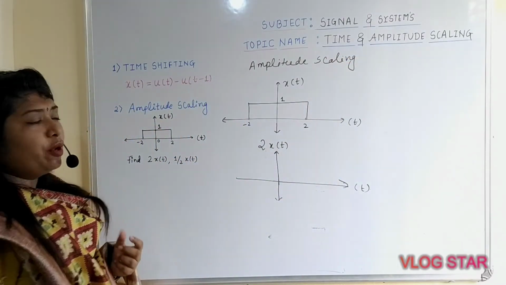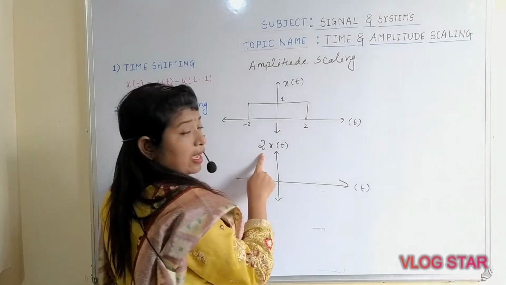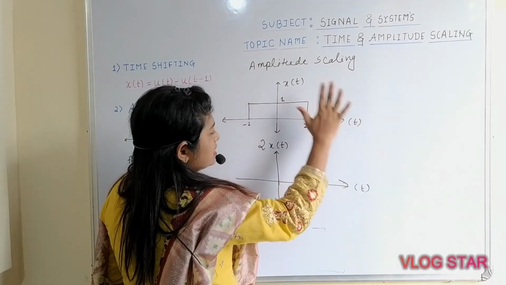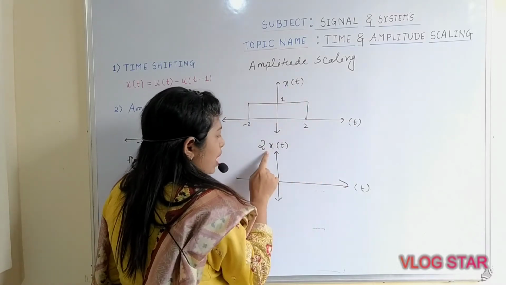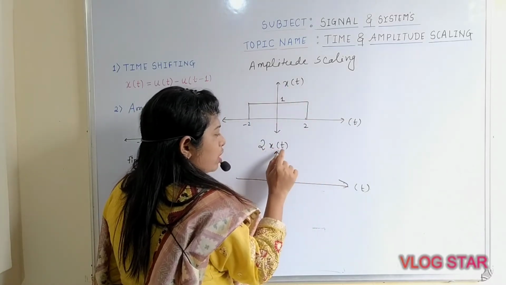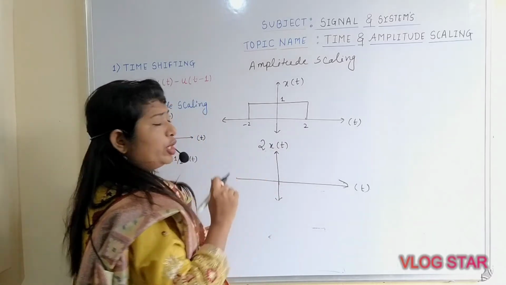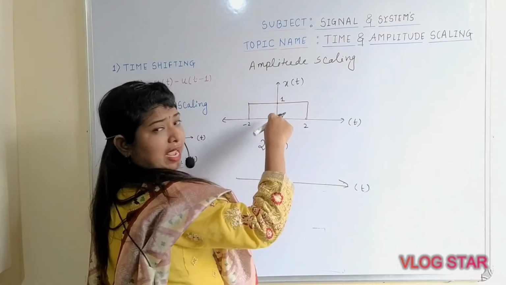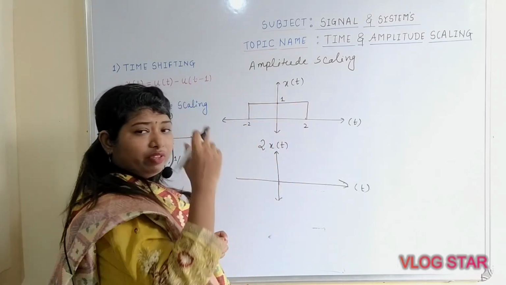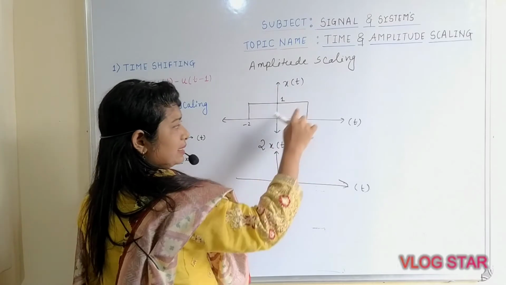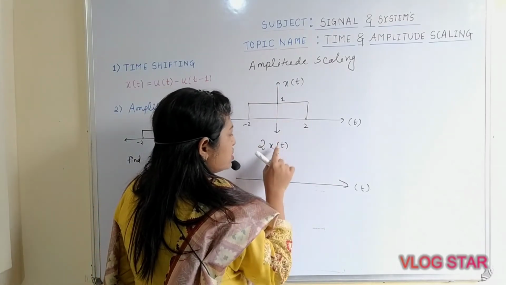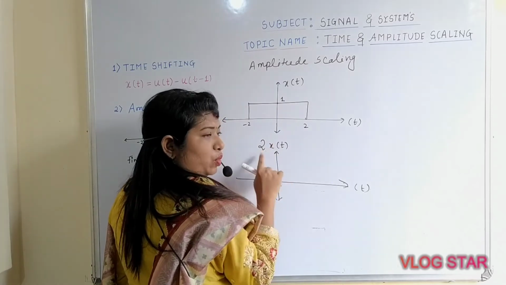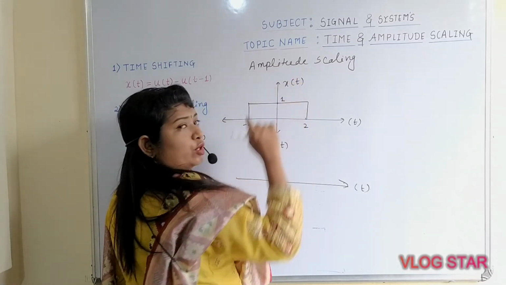Okay, how are you going to plot that graph? Please pay attention over here, this is 2 into x of t. This is the given signal. You have to multiply x of t by 2. Where do you need to concentrate? This is the highest amplitude. The value of the amplitude is 1 in this case. So simply, if you substitute x of t equal to 1, 2 into x of t would be 2, so the amplitude will be 2.